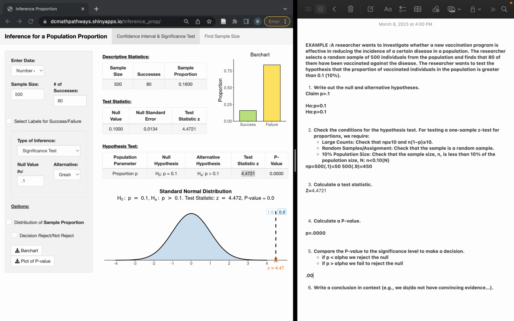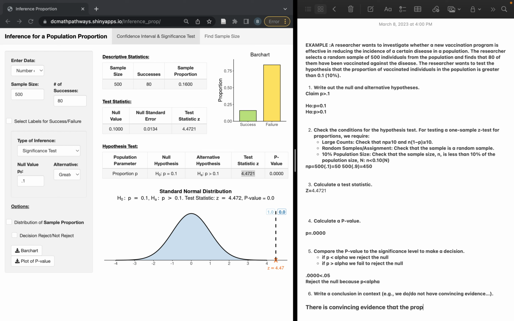So 0.0000 is less than our 0.05. And if you don't have a level of significance, we're just going to assume it's 0.05. So that means we reject the null. P is less than alpha, so we reject the null because p is less than alpha. And when we reject a null, that means there is convincing evidence that the proportion of vaccinated individuals